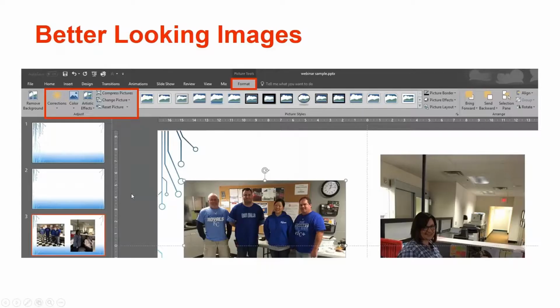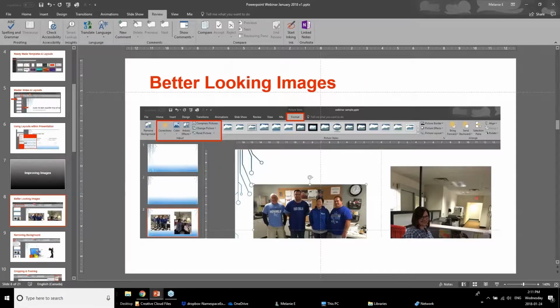Now, let's talk about improving images. Famously they say a picture is worth 1,000 words. I would challenge that in the sense that if the picture is not great, it is not worth 1,000 words. And I have seen this countless times in presentations where people recognize the fact that people like seeing images in their PowerPoint presentations, but either the photographs are not clear, they're too small, there are too many